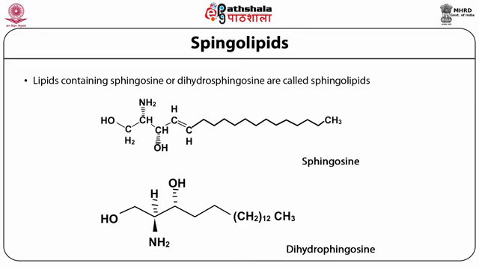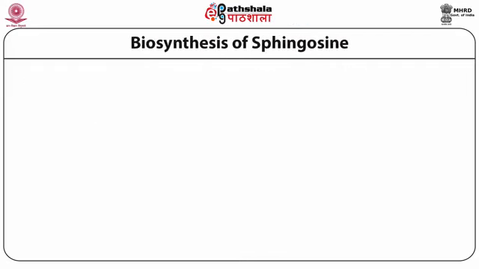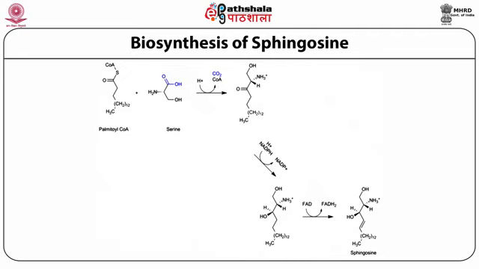Sphingosine, please note, has two OH groups and one amino group as main functional groups. It may be interesting to look at the biosynthesis of sphingosine. The biosynthetic route is shown in the slide. Apart from these most common C18 sphingosines, less common C16, C17, C19 and C20 sphingosines also occur as a part of some naturally occurring sphingolipids.